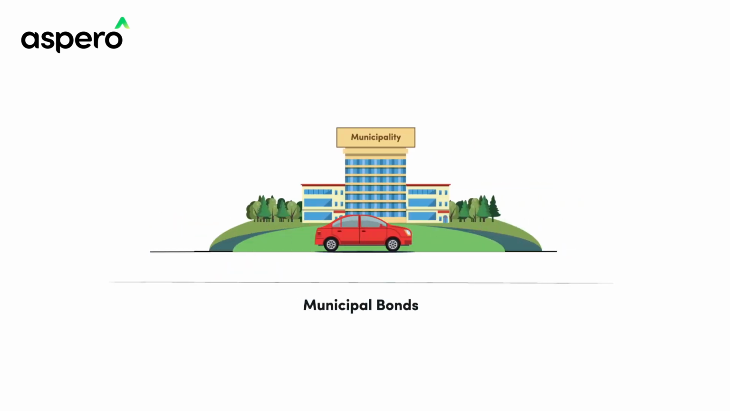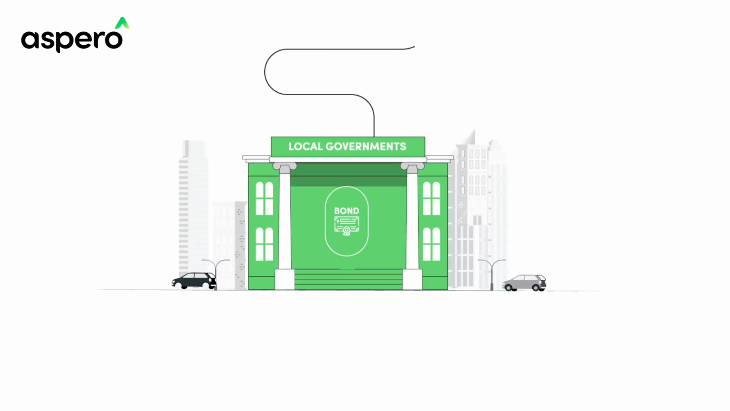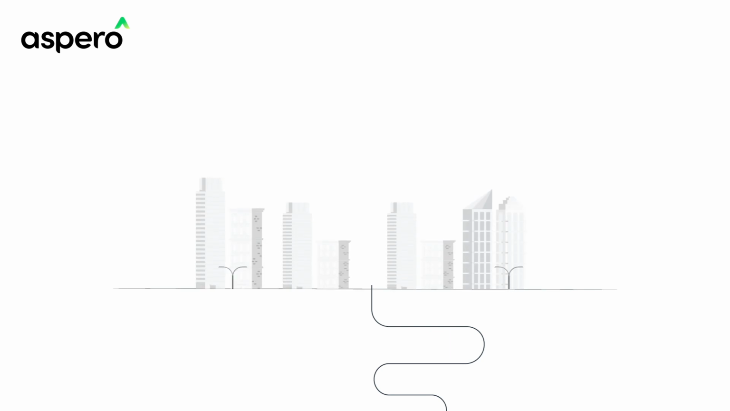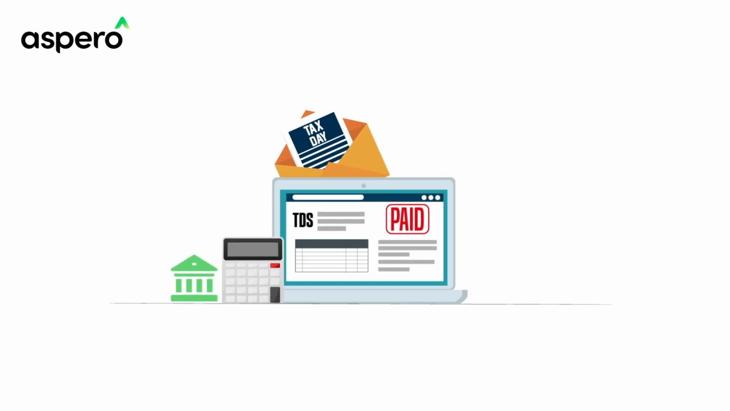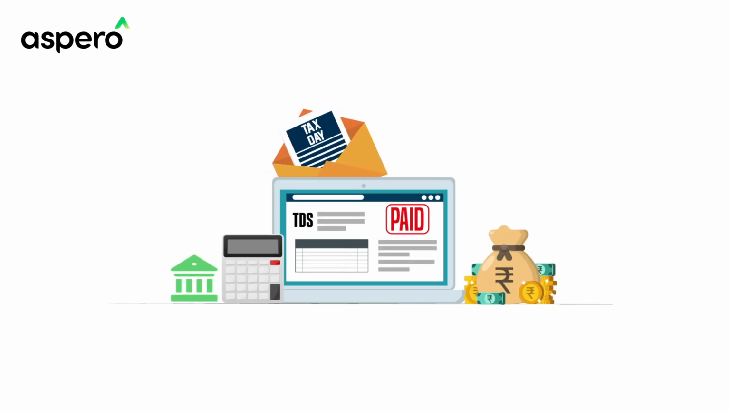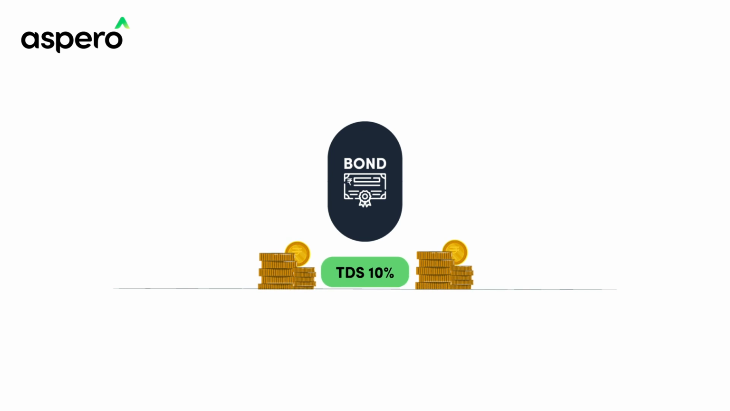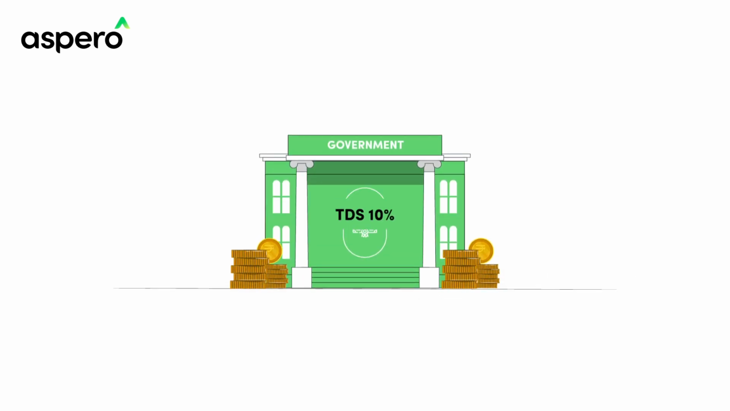These include municipal bonds, which are issued by the state and local governments, and government bonds, which are issued by the central government. When you buy a taxable bond, the issuer will typically deduct tax at source, which is TDS, from the interest payments. The current TDS rate for bond interest is 10%. This means that the issuer will withhold 10% of the interest payment and pay it to the government on your